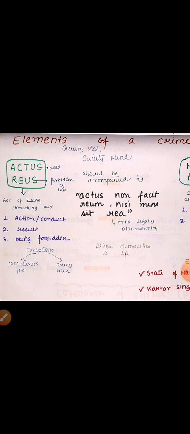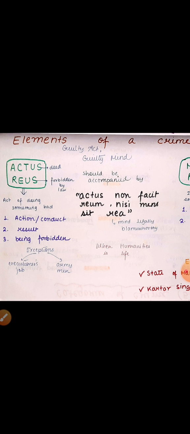Why? Because an executioner's job is to hang. An executioner is a person who is appointed by the state. Actually, not to prosecute, because prosecution is done by the state. The executioners hang someone to death. The accused who are receiving capital punishment, in most cases, are hanged to death. And this job is done by some individuals who are appointed by the government to do it. These are the executioners, and their job apparently looks criminal. They are hanging someone to death, but they are not criminal because the executioner is simply executing his or her duty towards the state.